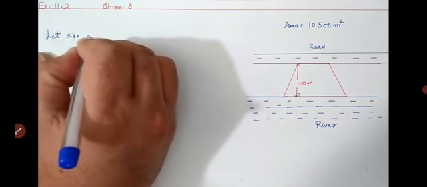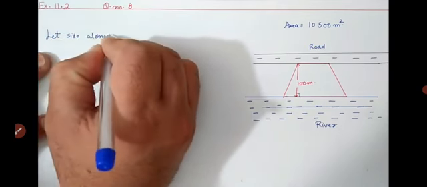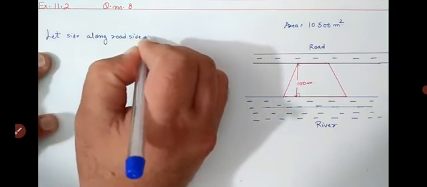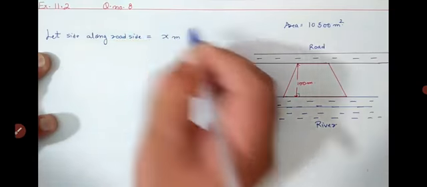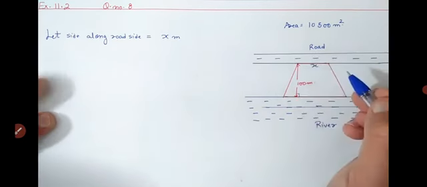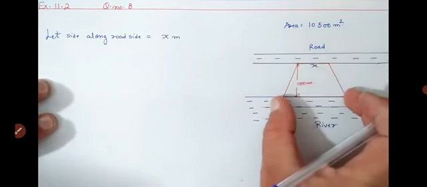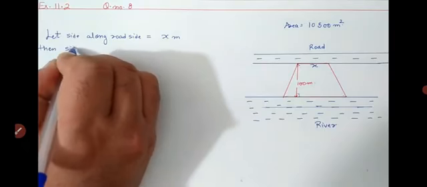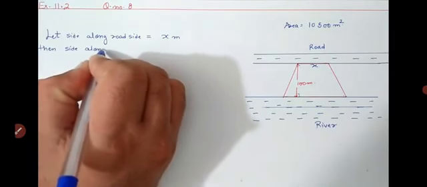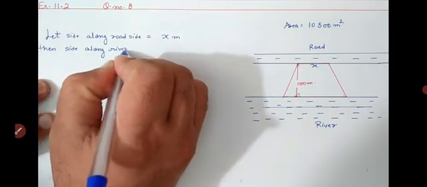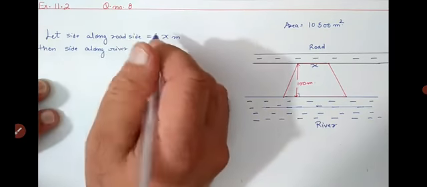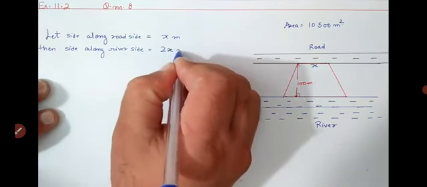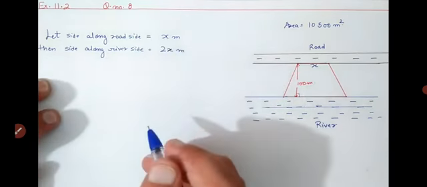Let the side be x. First side, हम अगर along with road is x. ओके, अगर हम इसे x मीटर मानेंगे तो नीचे वाली क्या है? ट्वाइस है. So we can write it 2x. Then the side along with river is 2x because it's given that it is twice. Okay, so it is 2x meter.